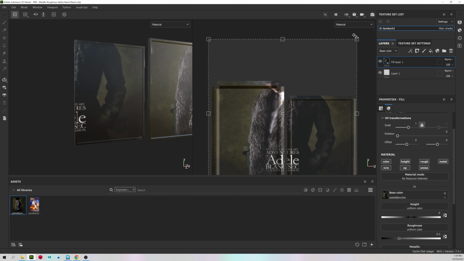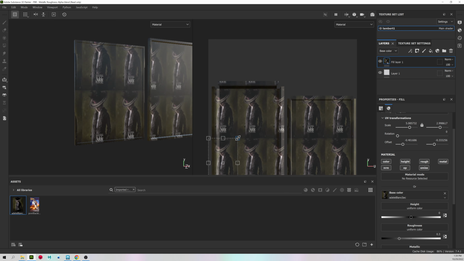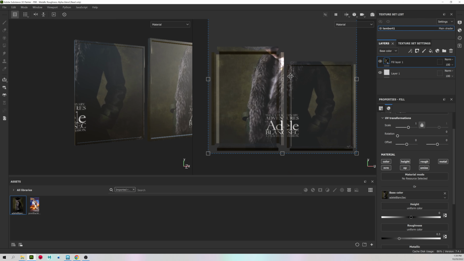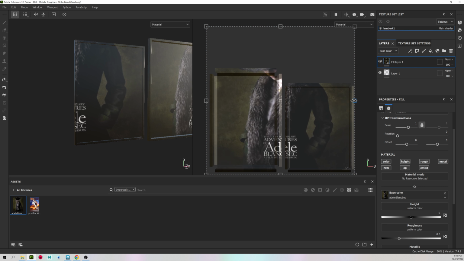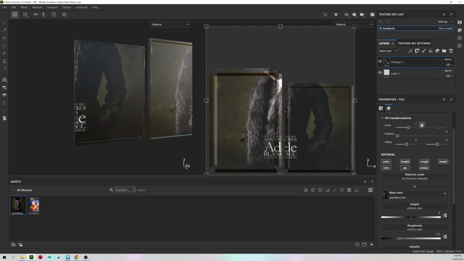It is going to repeat, so if I scale this down, you can see that it is just going to repeat forever. There are a few ways to fix this, but first let's fix the sizing issue. In my UV editor, or the UV viewing, which if you don't know how to get to it, you have up here on the top of your viewport, 3D only, 3D and 2D, and 2D only. I'm going to go to 3D and 2D,